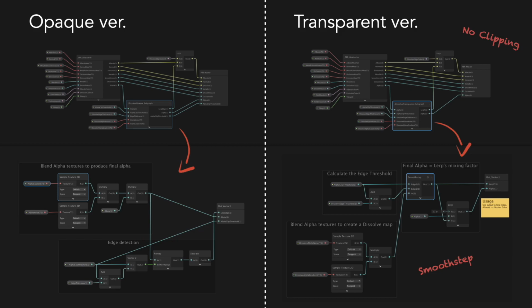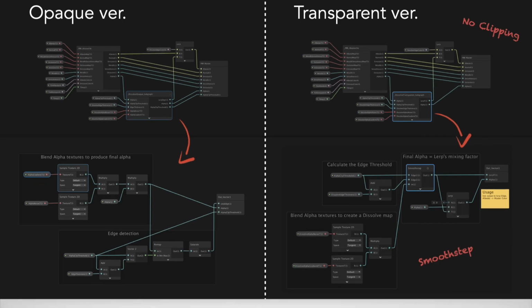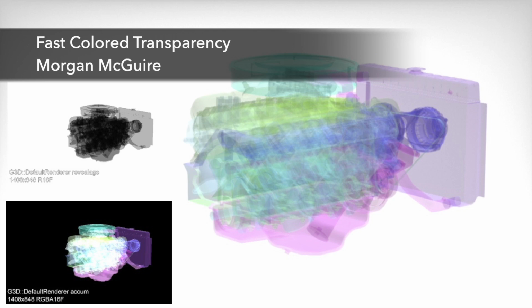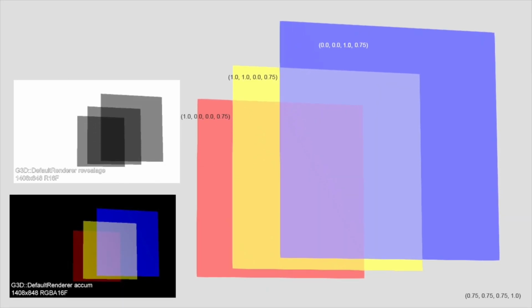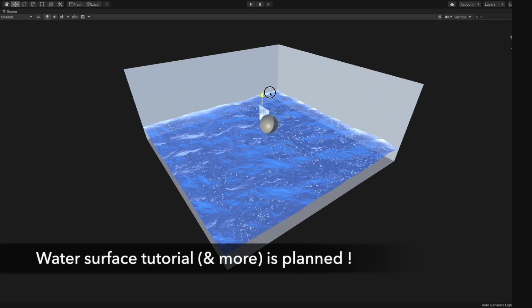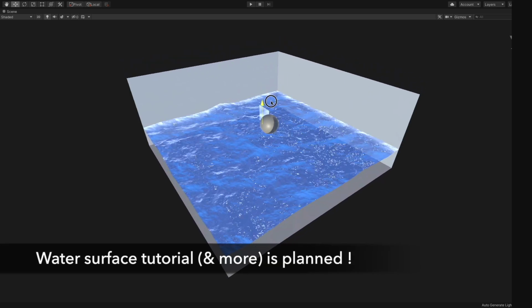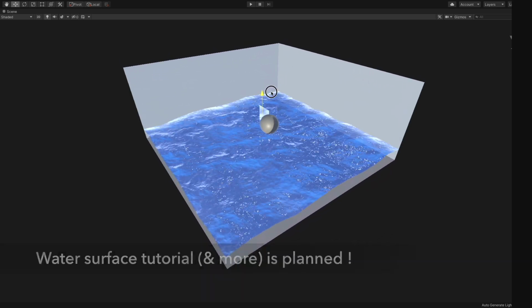If the transparent version of the dissolving shader is simpler and produces a more beautiful effect, why did I choose to talk about the opaque version? It's because the cost of rendering transparent objects is higher than rendering opaque ones in general. By understanding the depth buffer and the rendering order of opaque and transparent objects, you'll understand my choice. I'll leave this part for you to explore. And don't worry, I'll talk more about this when we learn to create the water surface, the outline effect, or the heat distortion effect in the future.